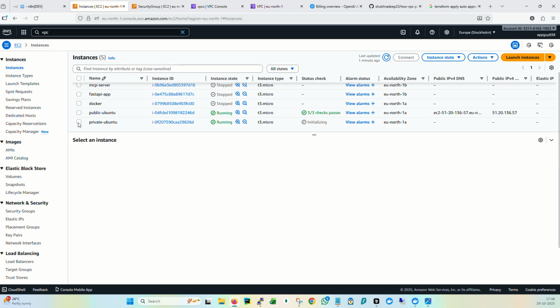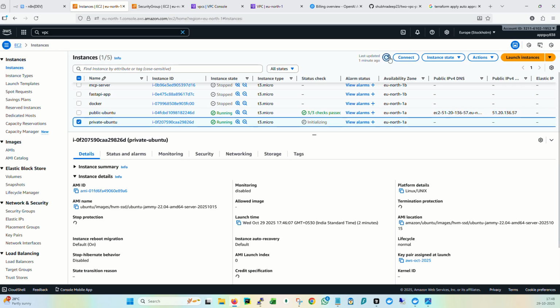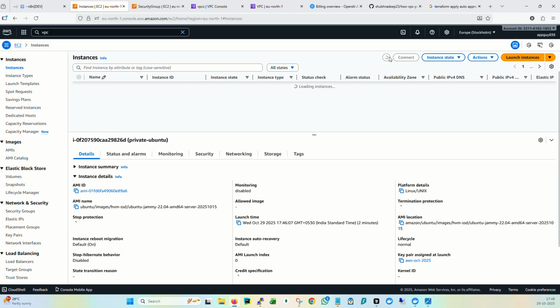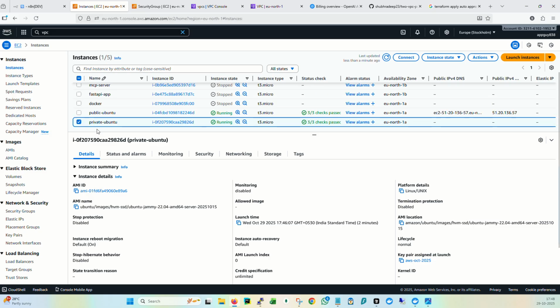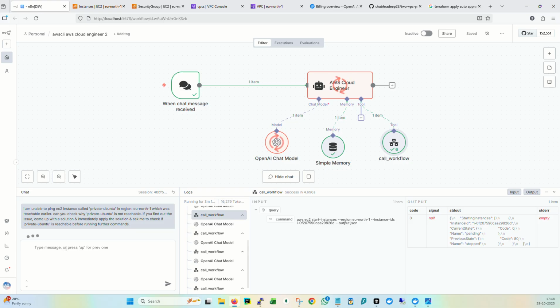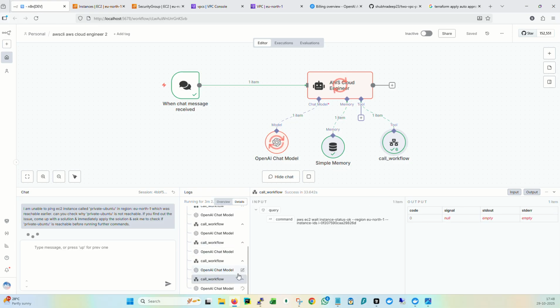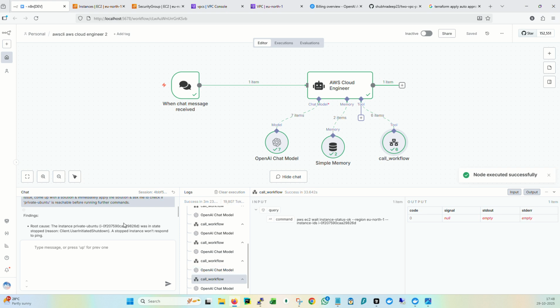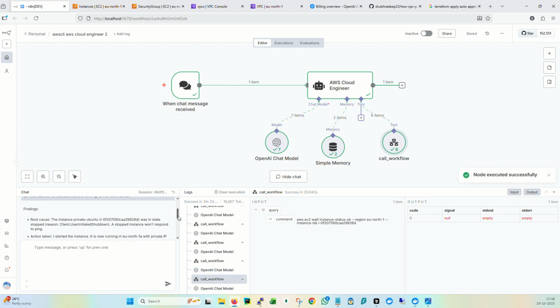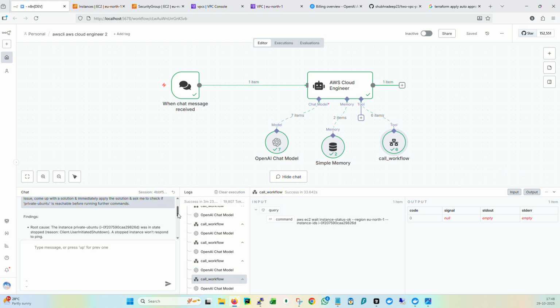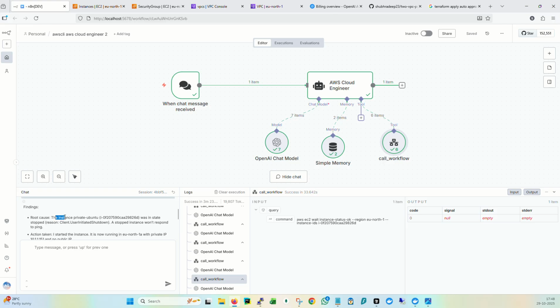So it's waiting for the machine to fully initialize. Yeah, so it's passed all the checks. I think it'll stop now. Oh, it's still doing its thing. It's fixed the issue, but it's running further commands. I don't know why. Okay, so yeah, finally it stopped and it says findings, root cause, the instance private Ubuntu